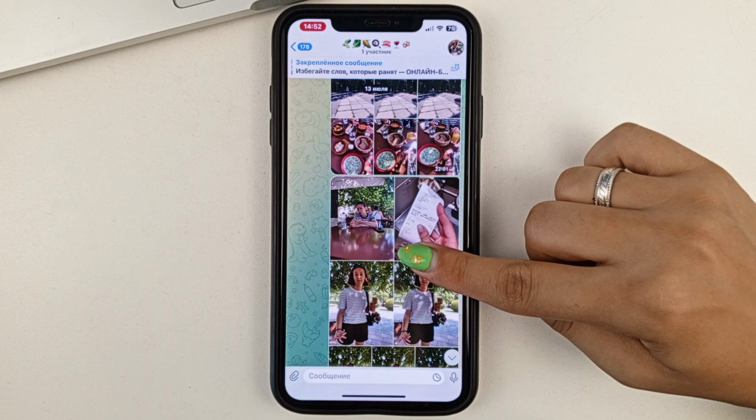Once you've scrolled through your dialog to a certain point that you want, you just stop, and also from top to bottom just swipe down and stop the screen recording.